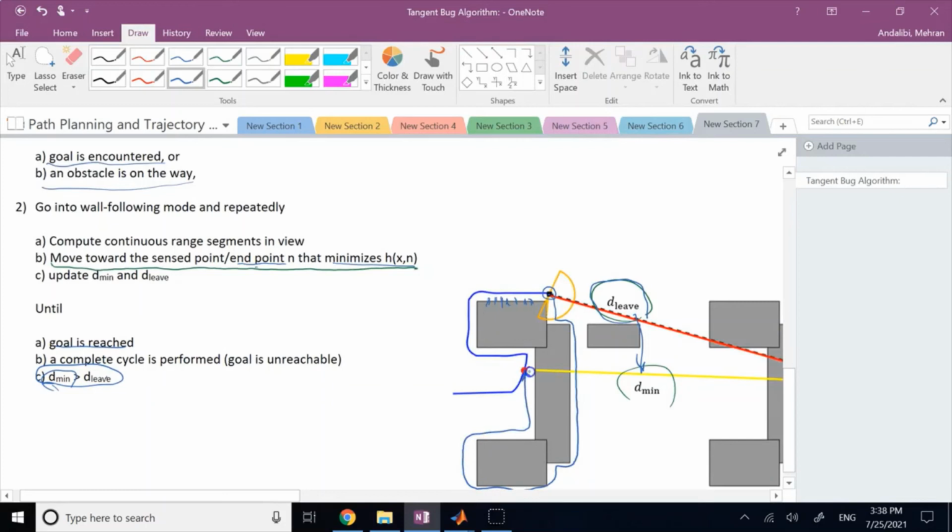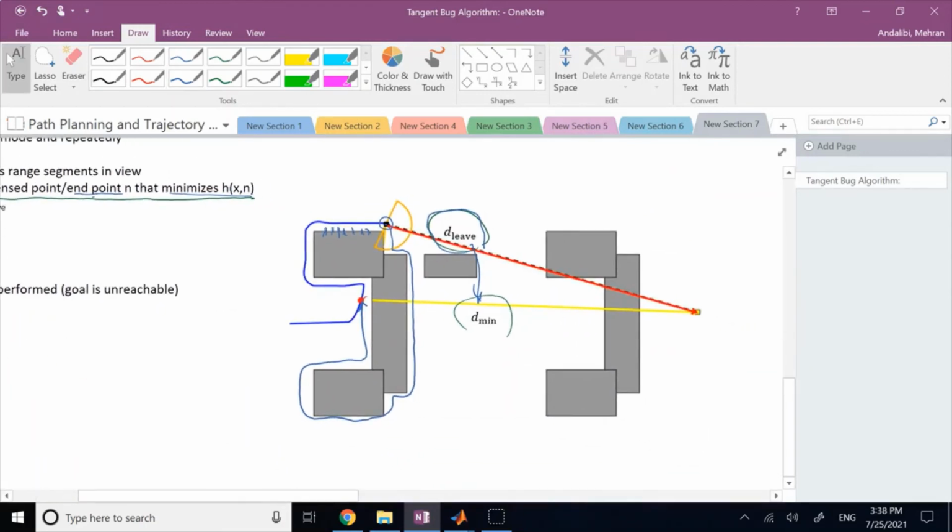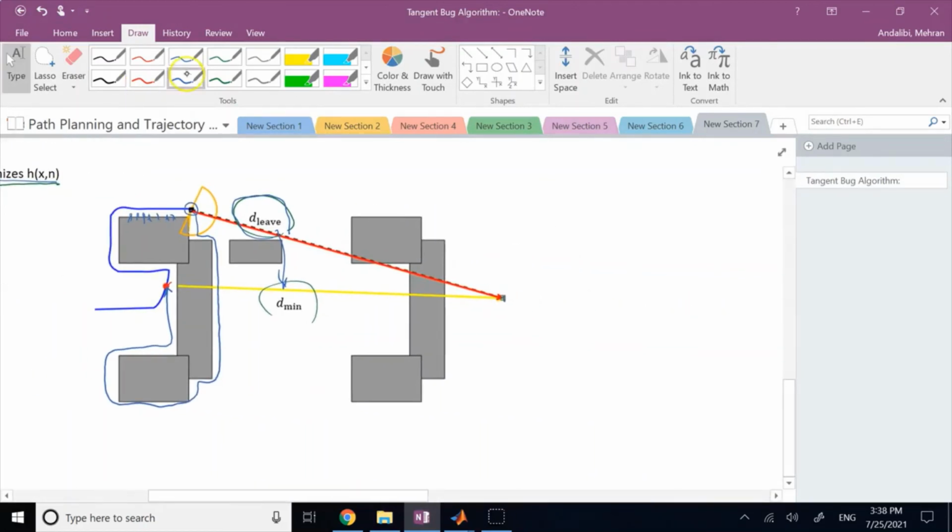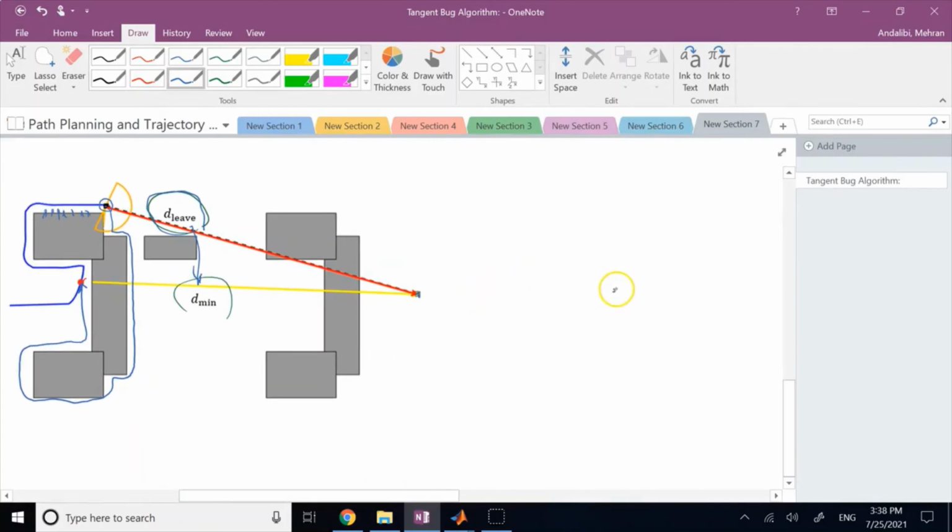Or if you go around and in none of these points there was a point that gives you anything smaller than the minimum, maybe the algorithm cannot reach the goal. Why? Because your goal is trapped inside an obstacle. So this method will never fail unless your goal is completely enclosed. If your goal is enclosed by something like this, let's say you extend this like that, so it's completely enclosed,